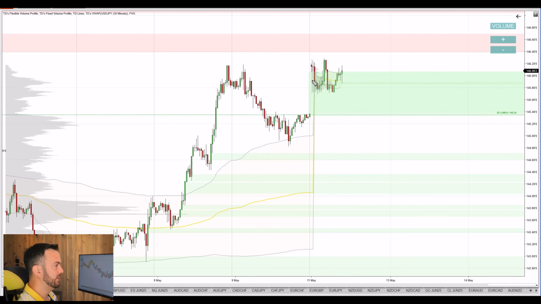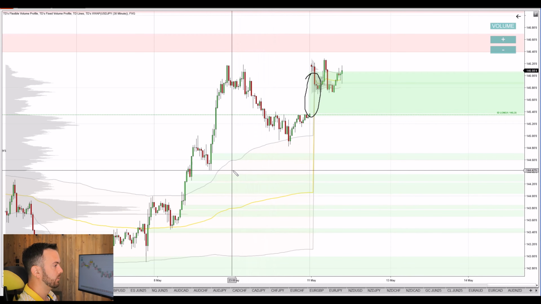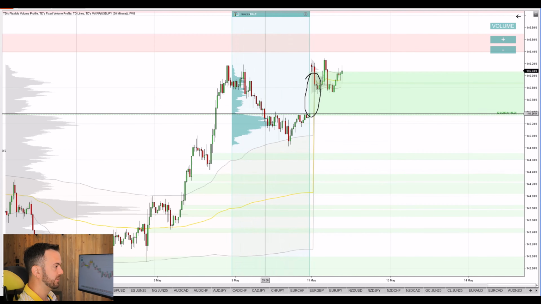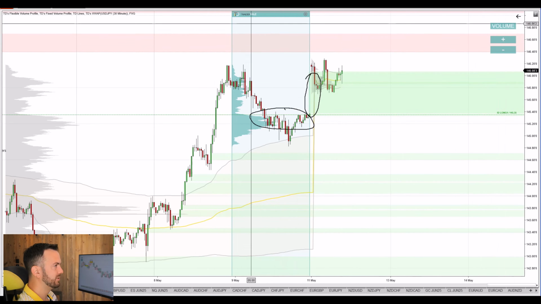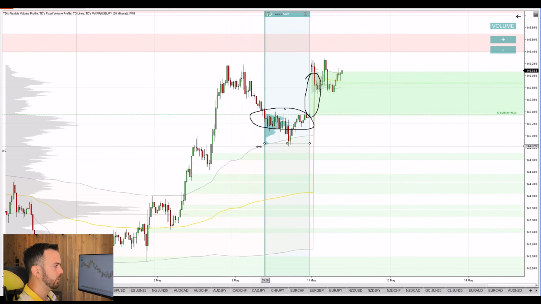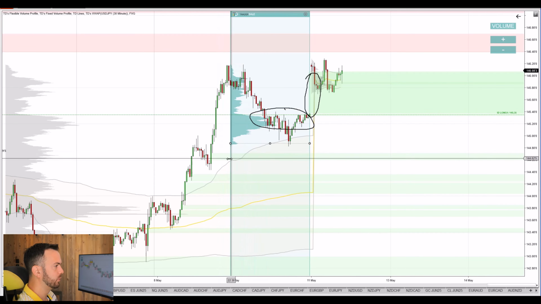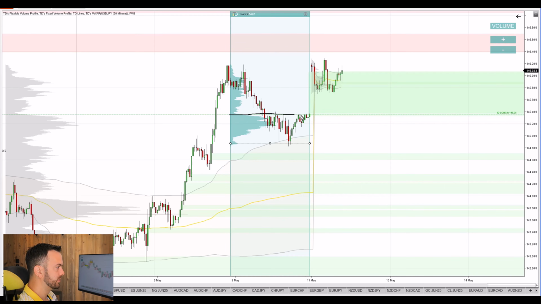In here we had the opening gap right here at this place, and if I use the volume profile I can use it over the whole Friday or just that rotation right here, this one. It doesn't really matter, it will always point you to the same heavy volume zone, which is this one, and the level at the beginning of the heavy volume zone is right here, right? So we have a gap, we have a heavy volume zone, the level is at the beginning of that heavy volume zone right here at